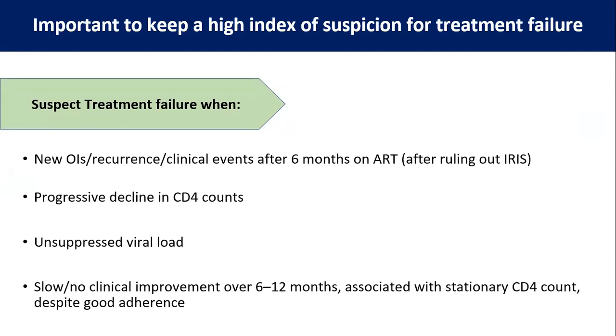And to judge based on the clinical picture, we need to differentiate it from IRIS. Then if there is progressive decline of CD4 count or stationary CD4 count, then we can suspect probably the patient is developing treatment failure. And if the viral load becomes unsuppressed,